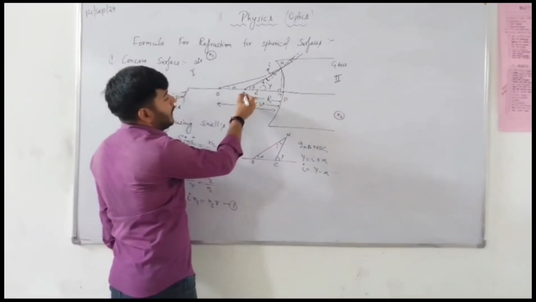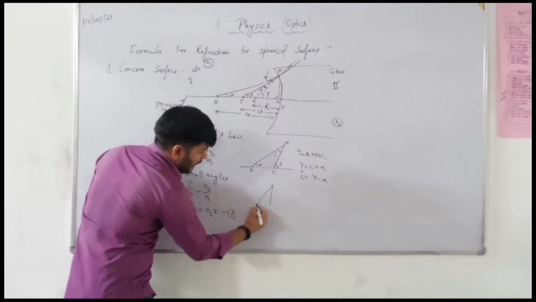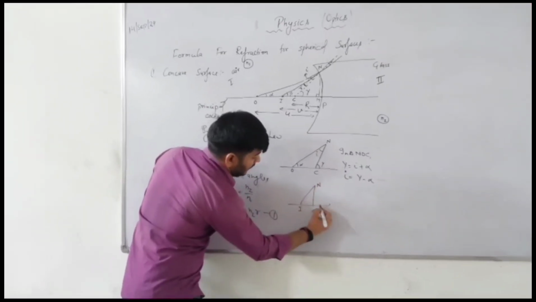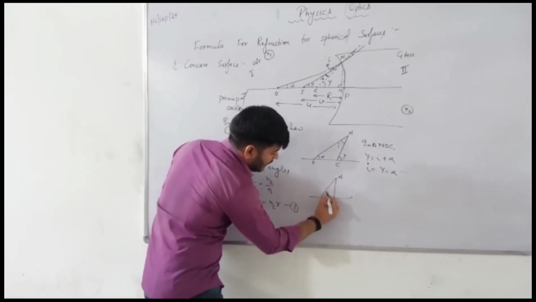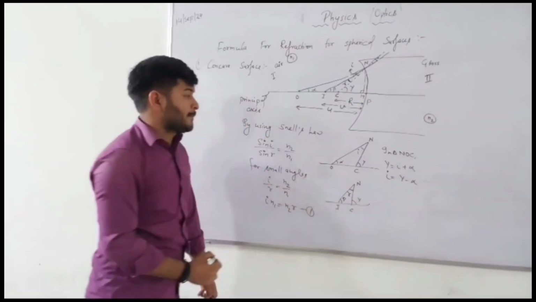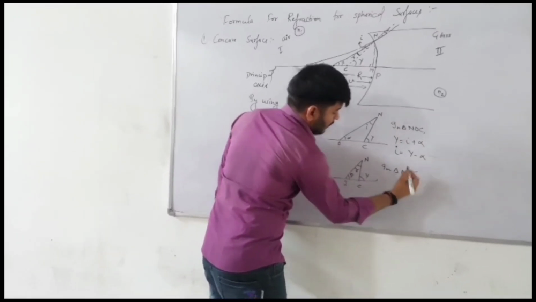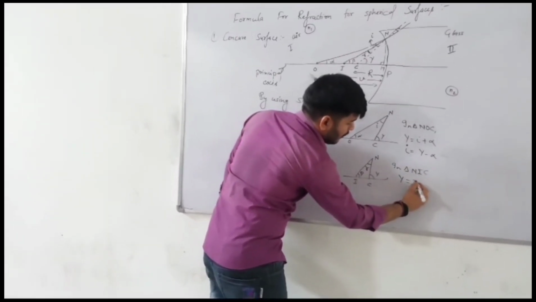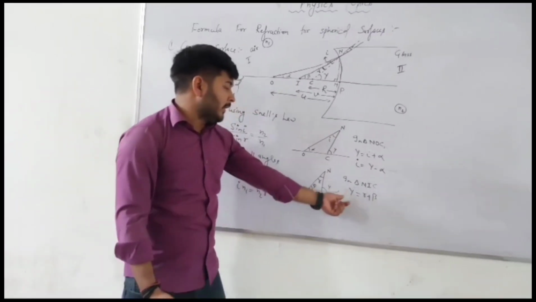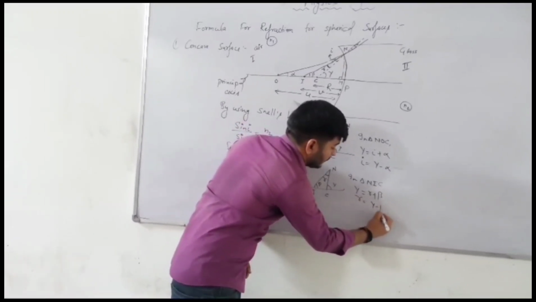Angle R is at that triangle I and C. If we redraw this triangle, then we get I and C. At I we have an angle beta, and at C we have the angle gamma, and this is our reflected angle R. So for this triangle IC, the angle gamma will be equal to R plus beta. So again we get the value of gamma in terms of R plus beta, and then we find that R will be equal to gamma minus beta.